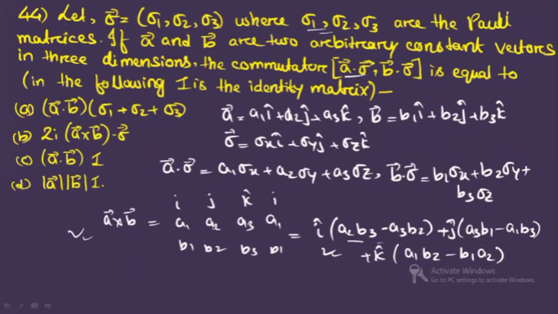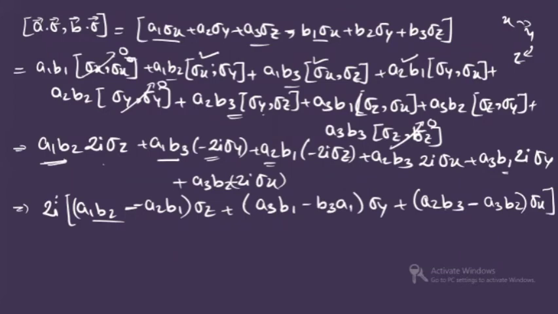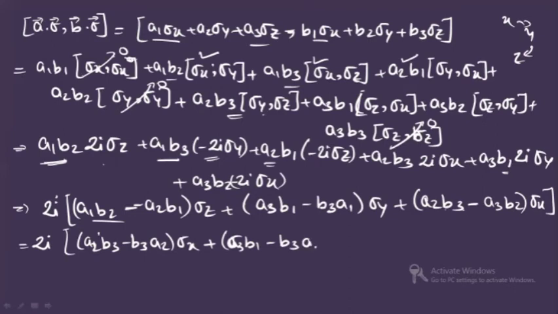Here you can see it is 2 and 3, 3 and 1, 1 and 2, right? So if you see here, this is 2 and 3, right? 3 and 1, 2 and 1. So if you write it in this way, this is a2 b3 minus b3 a2, this is sigma x, right? Plus, if I write a3 b1 minus b3 a1 sigma y, I'm rearranging it, okay? And a1 b2 minus b2 a1, this is sigma z.